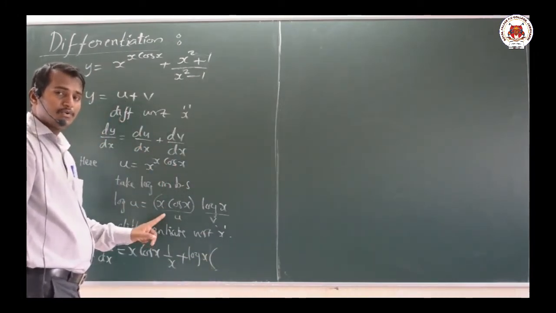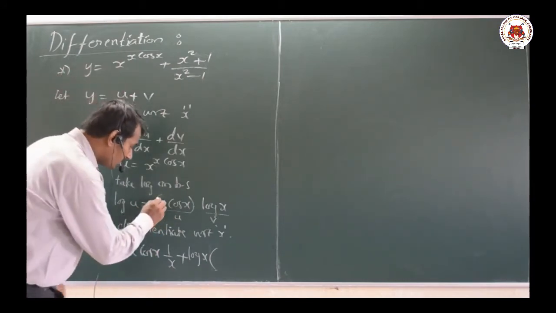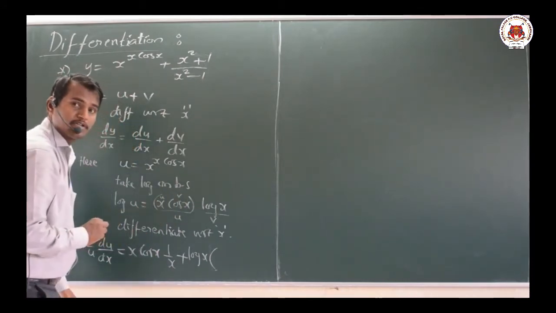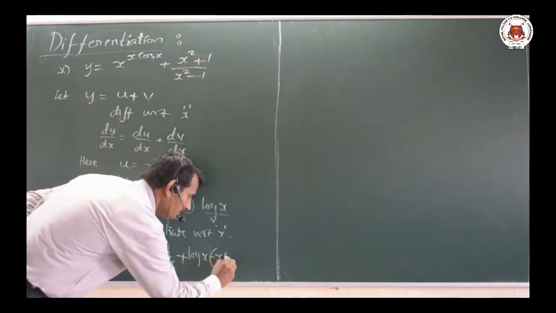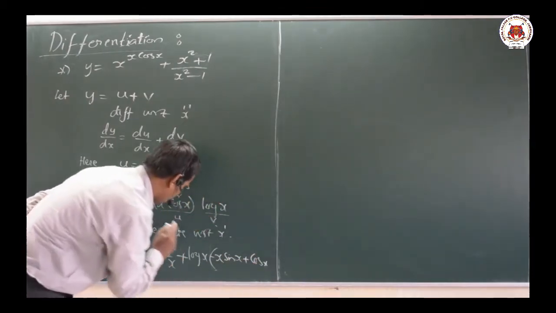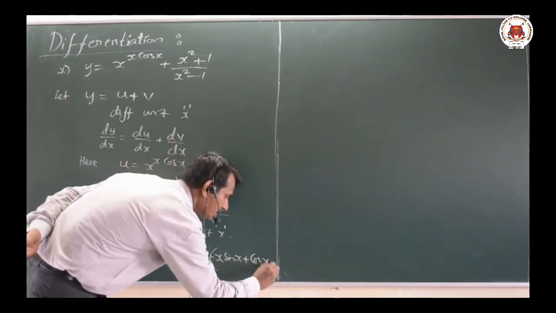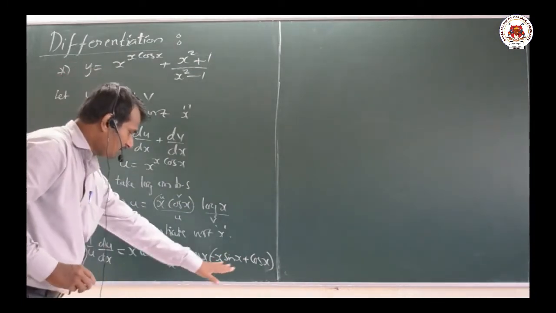One has to observe that differentiation of u means what? Again by parts, again it is u and again it is v here. That is x as it is. Cos differentiation will be minus sin x, plus cos x as it is. X differentiation will be 1 here. Now what I will do is I will multiply it here.